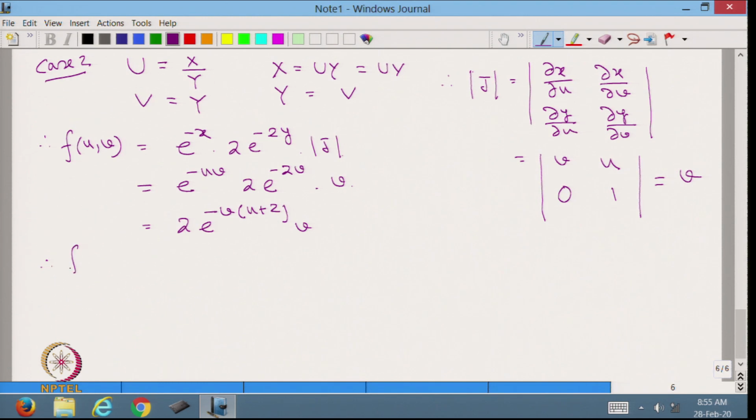Therefore, f of u is equal to integration 0 to infinity of 2 v e to the